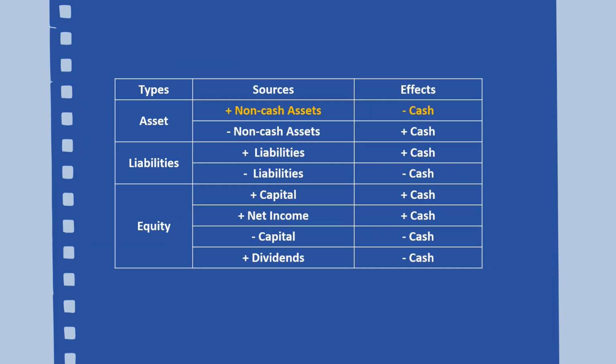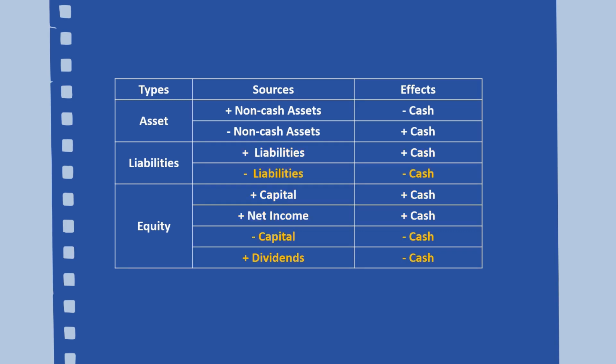When non-cash items increase, cash decreases. It's pretty straightforward. You need cash to buy other things. On the flip side, when non-cash items decrease, cash increases because you're selling non-cash assets to make more money. When liabilities and equity increase, cash goes up. It also makes sense. More liabilities means someone has lent money to the entity, and an increase in equity means owners have invested more, or the entity is making more money.